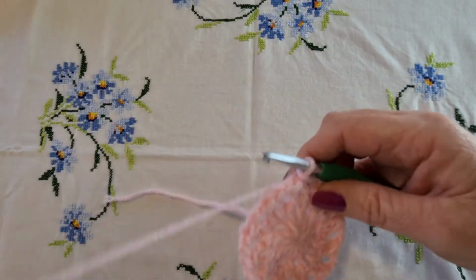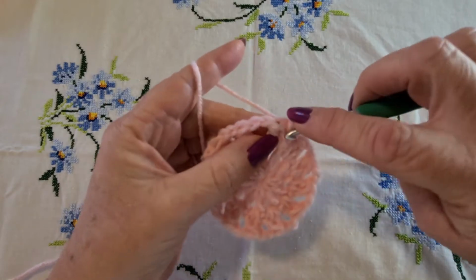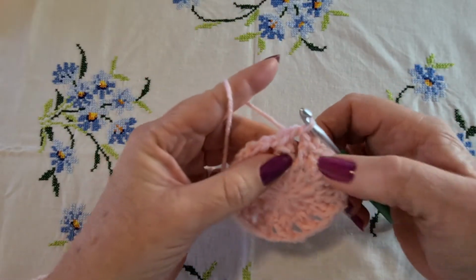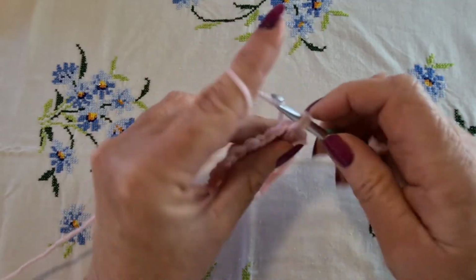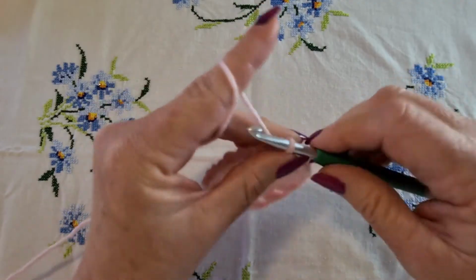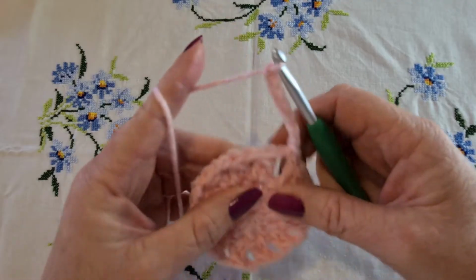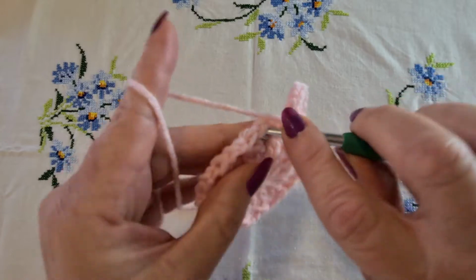So what we'll need to do is single crochet into this first chain space. So I just like to slip stitch across to that chain space, slip stitching into the top of that stitch and then straight into the space, and then single crochet back into that space. And then we need to chain 7, 3, 4, 5, 6 and 7, and single crochet into the very next chain space,